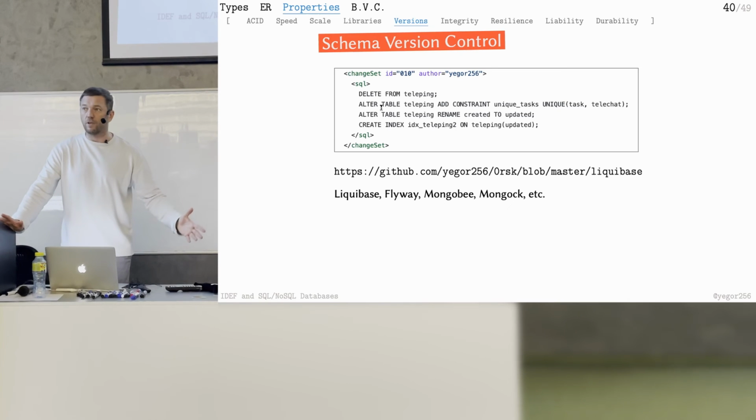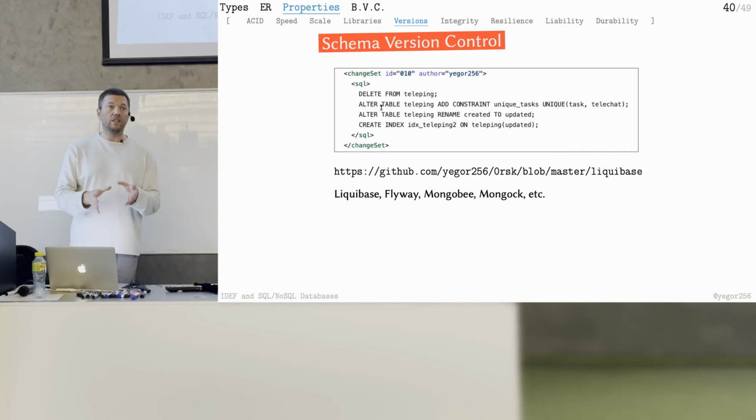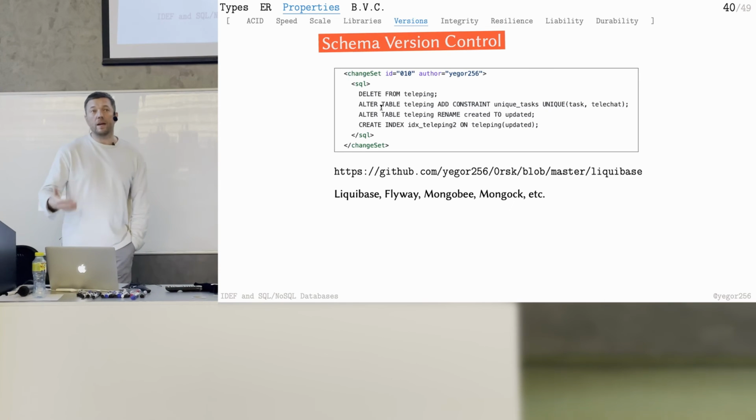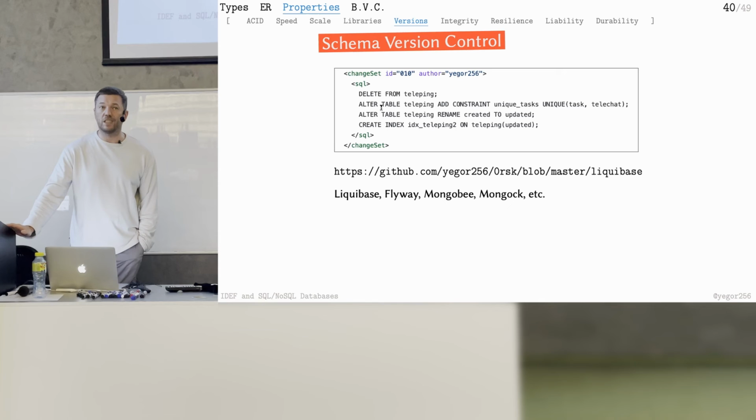And who else has access to the database? Oh, we all have access to the database. So who did it? I've seen it many times in production systems. And they go around the office finding who did this, who deleted this table. It's not how you should work. There has to be a mechanism for versioning of the schema. It's called schema version control.